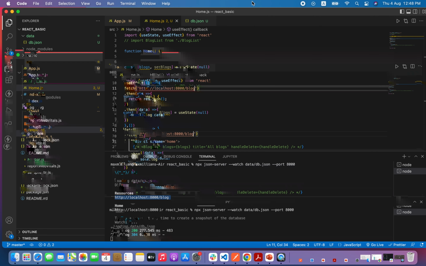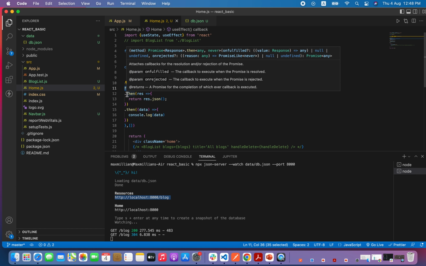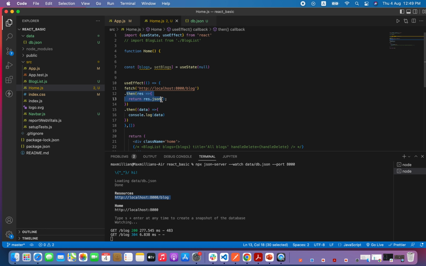As expected, we are making our fetch request from this endpoint correctly, and we are getting a promise. We are returning our JSON from the promise, and we are doing .then again. We get the data. So whatever this thing returns is our data. We get the data and then we console log our data. Remember that this is our empty dependency array. We'll make this useEffect run just once and get our data. So now we've gotten our data. How do we store our data in our local state? By using